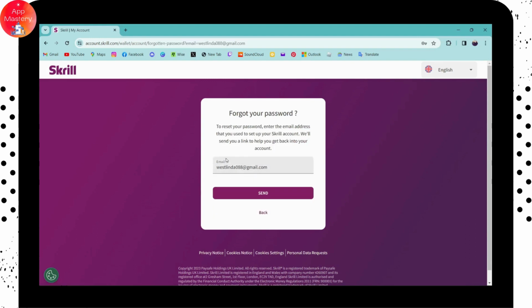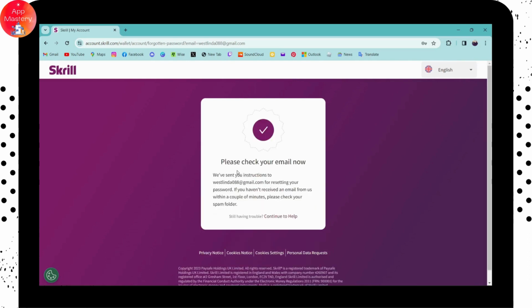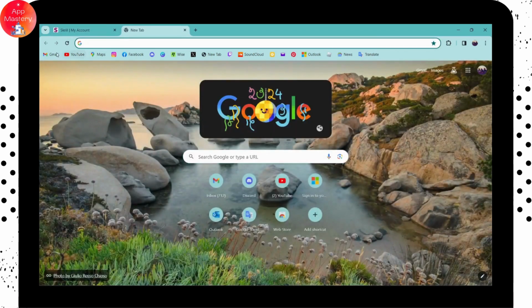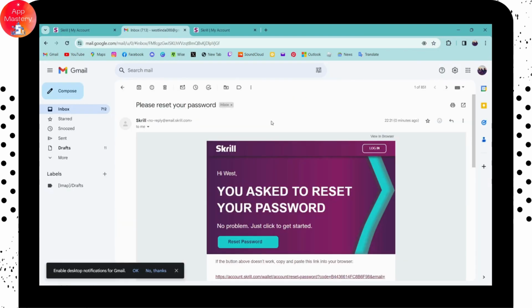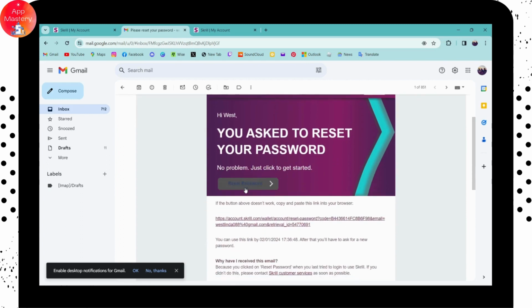And now you need to enter your email address which you have used to create your account, and after entering that, click on send. And now you have to check your email. So open up your mail which you have used to create your Skrill account, and here you will have this reset your password mail, right? Click on that, and from here you can simply click on reset password,